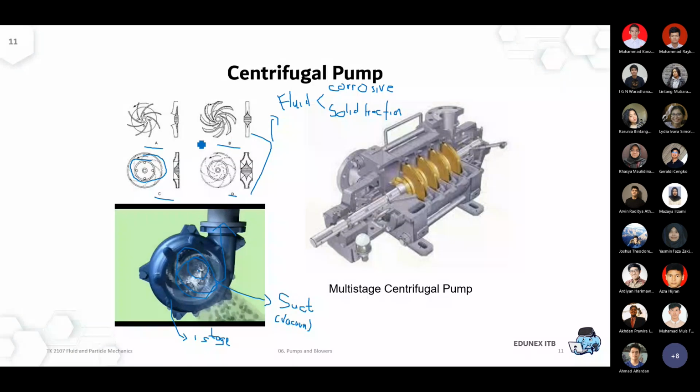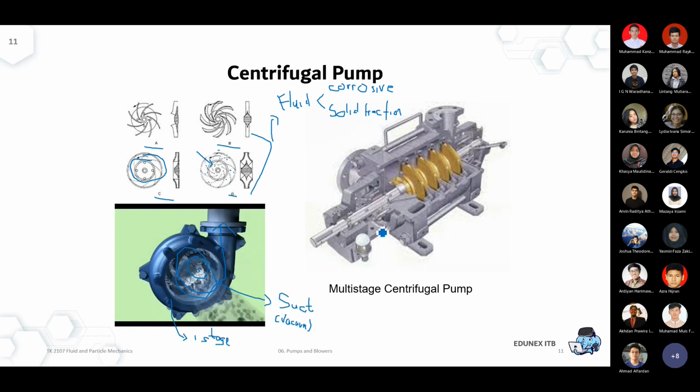But later, when we're working with a slurry pump or something containing solids, it has to be adjusted to prevent any erosion or abrasion in the pump. Because you can imagine that if a lot of solid goes at high velocity directly into this kind of impeller, it will cause erosion or abrasion, and your impeller will degrade quite fast.